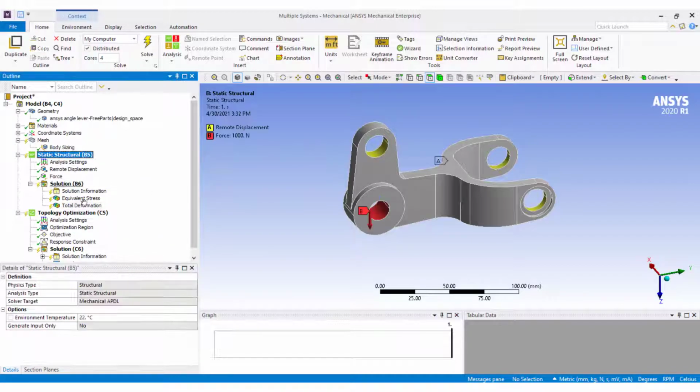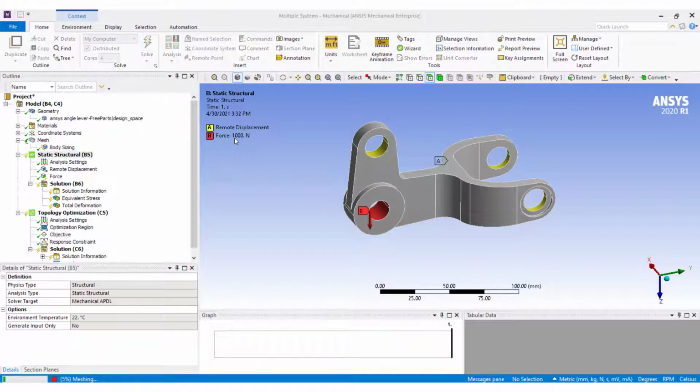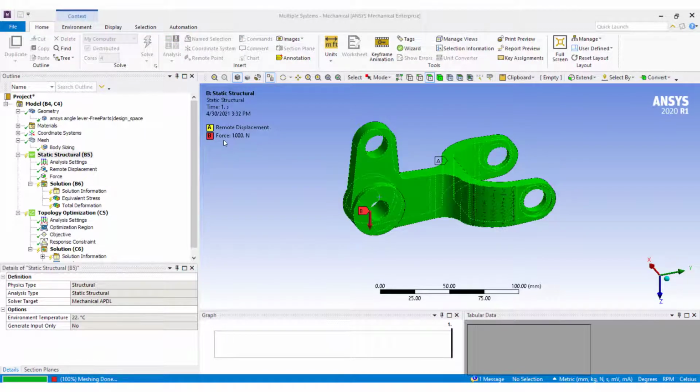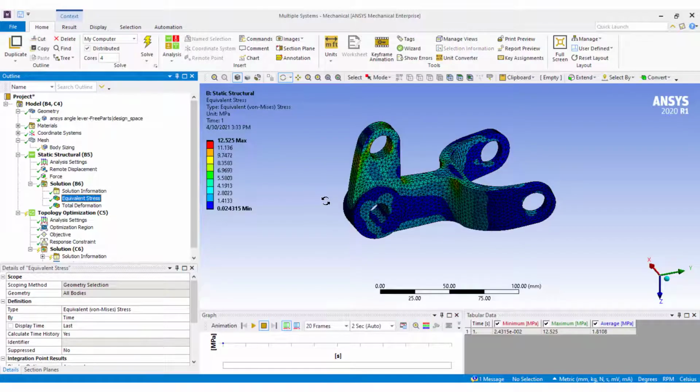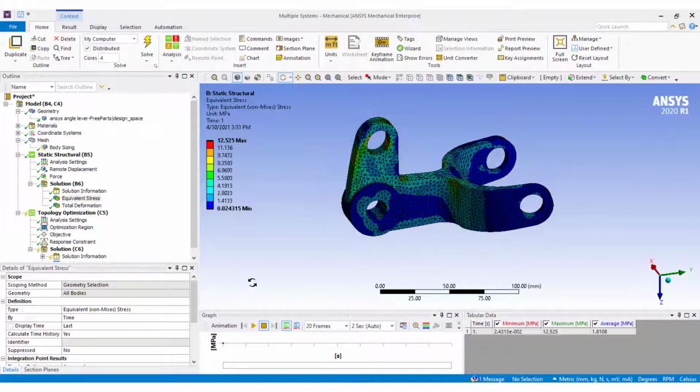To solve only the static structural analysis, select static structural and click solve. Stress before topology optimization is approximately 13 megapascals.